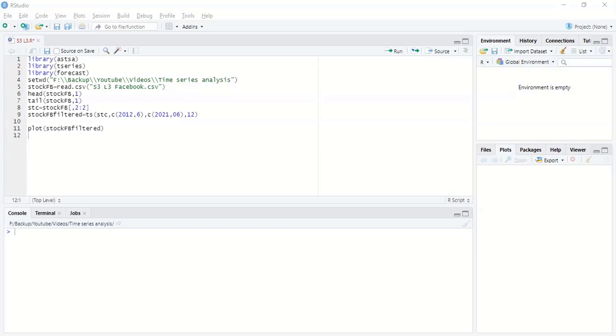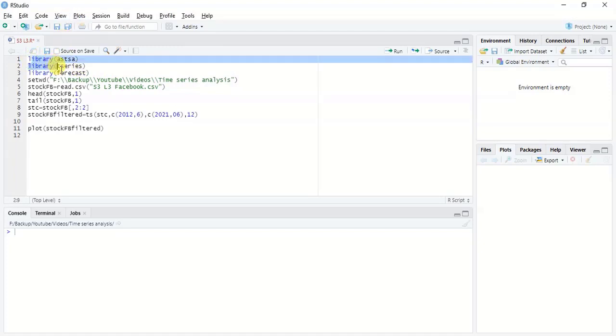time series dataset. So for this example we have to get these three libraries, and for this example I am going to select the stock market value of Facebook from the starting date in 2012 to 2021, and in here I have mentioned the frequency as 12 because we are considering a monthly dataset for the Facebook stock dataset. So if you run the plot,